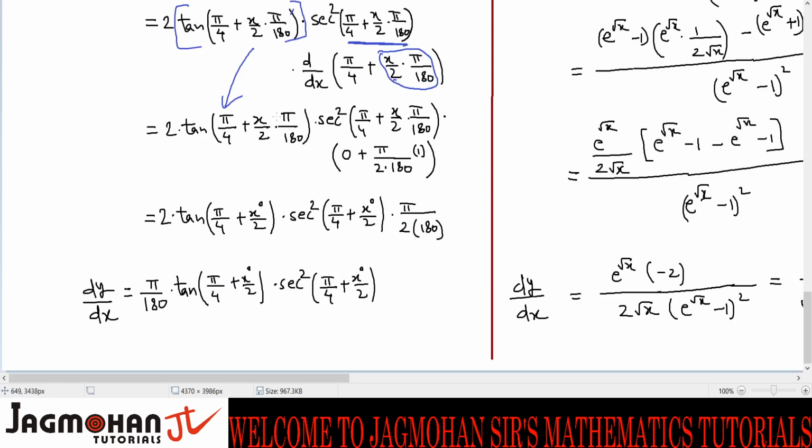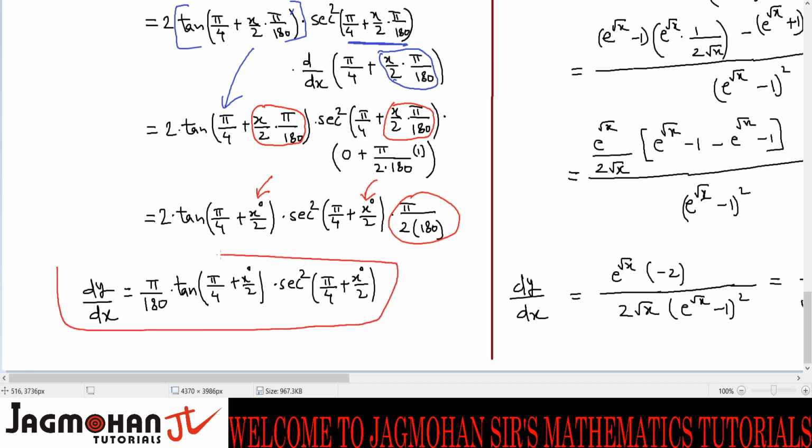Once again, we write this thing, which is the angle part, and this is in radian. If I remove this pi upon 180, again it will get back to degree. Here also I remove it because the derivative is now over. If derivative is over, we can again switch over to degree angle, because that is looking good. I can always leave it at this point, but writing this way, it is quite big. So I try to have the shorter answer, because of which I'm writing it in degree back. See, this 2 gets cancelled with that 2, and this is your final answer.